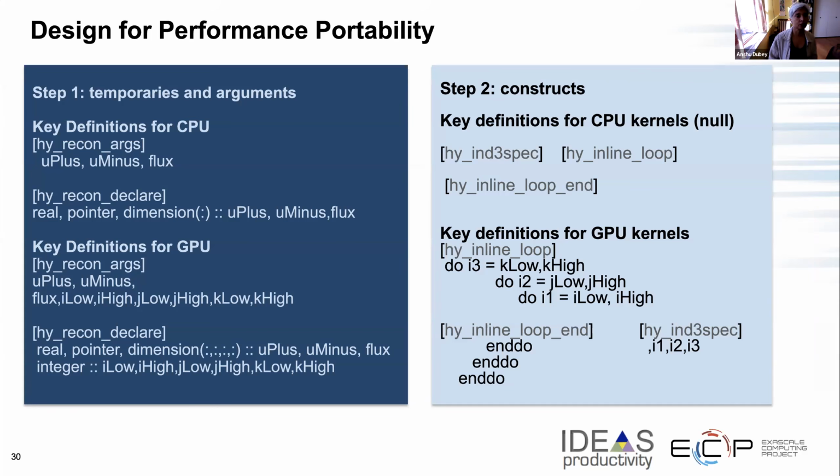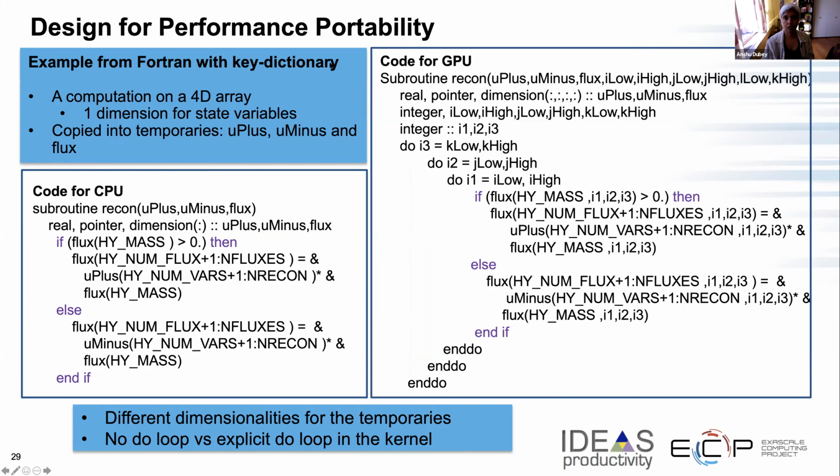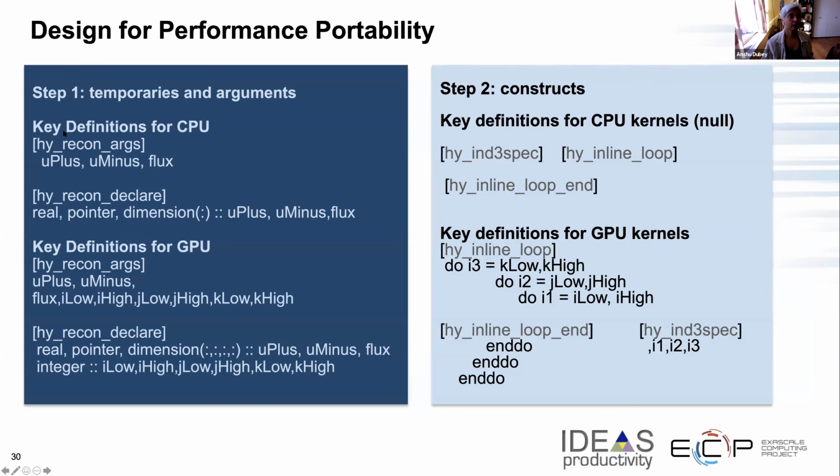for CPU and GPU. So the key definitions for CPU for arguments is just this list. So all that I have done, if you look at the previous slide, is I've taken this entire argument list from here and from here and defined that as keys that are different for the CPU and the GPU. And I did the same thing for the declarations that need to occur in between the CPU and